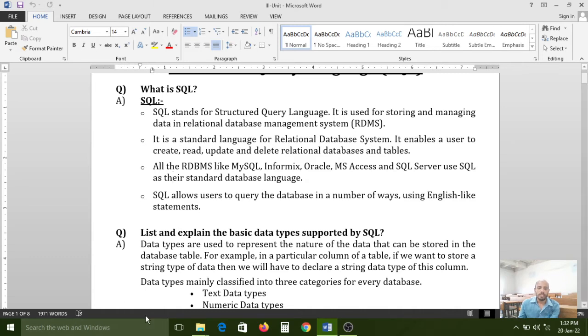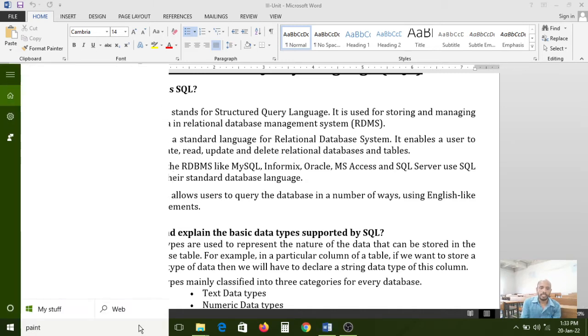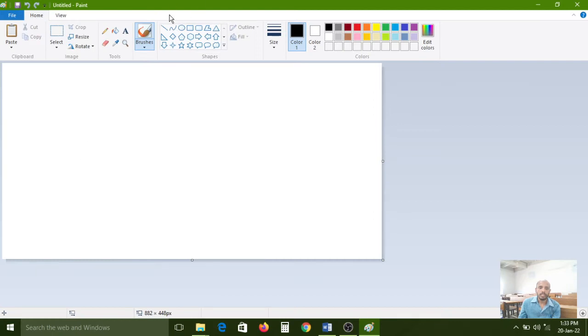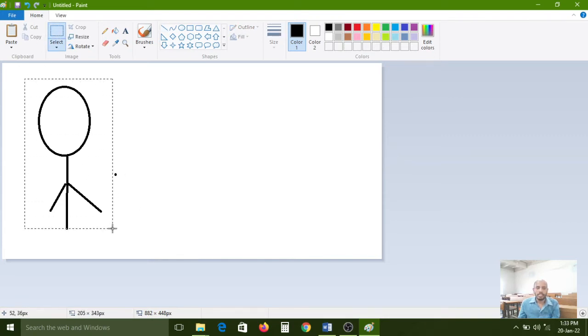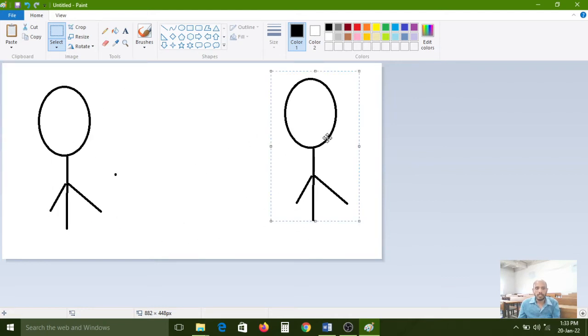For example, a person wants to talk with some other person. In that case, one communication language must be required.